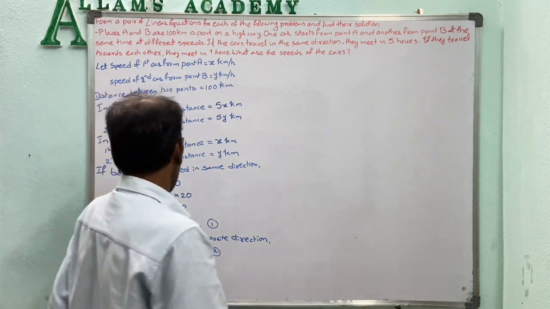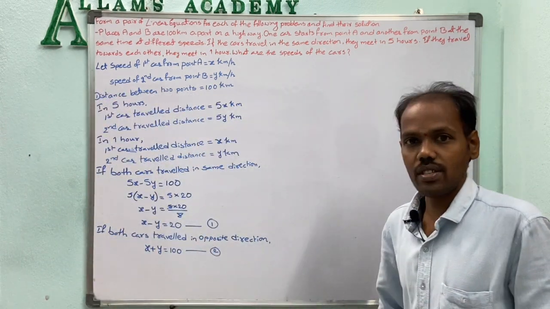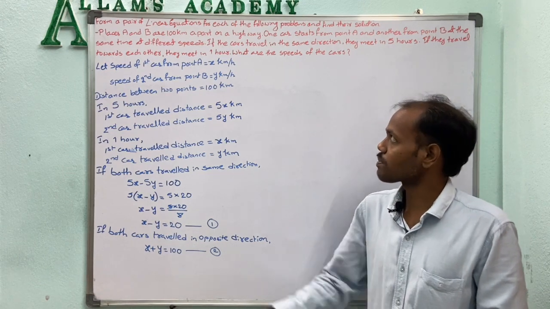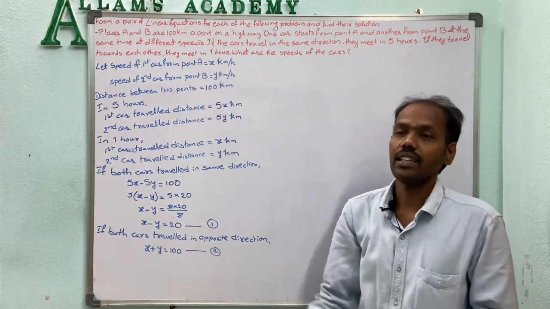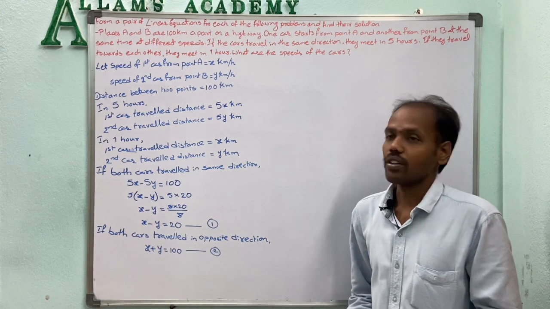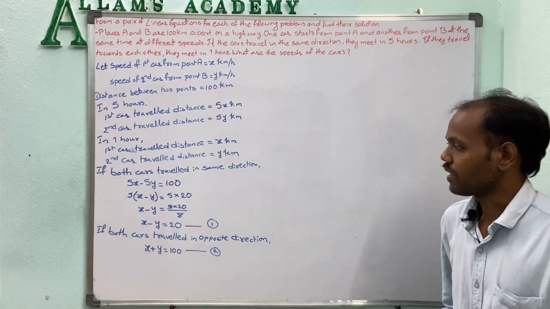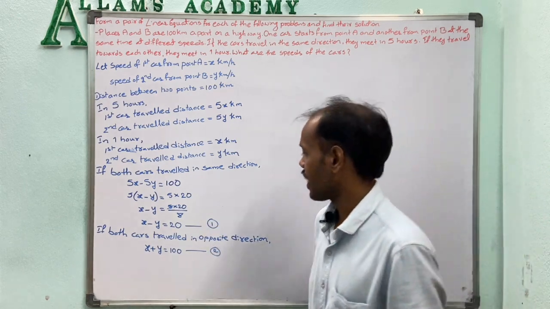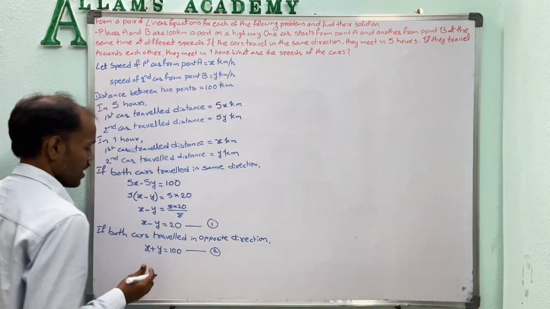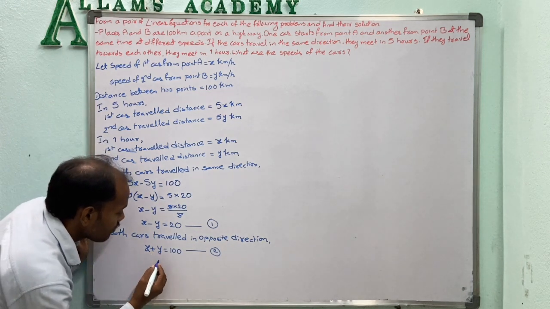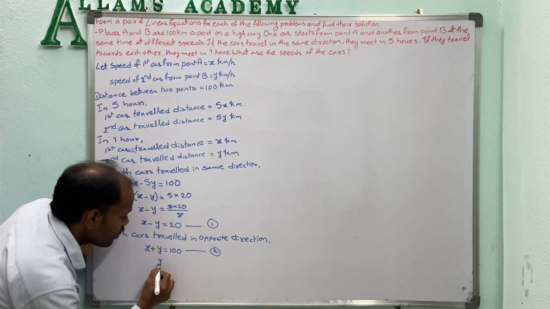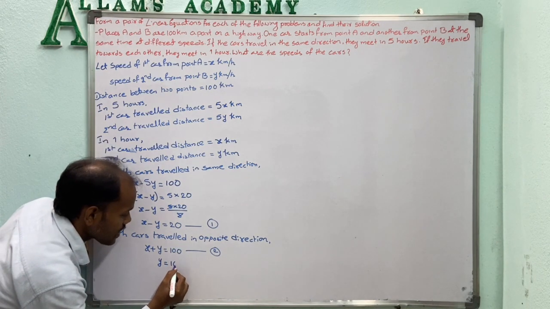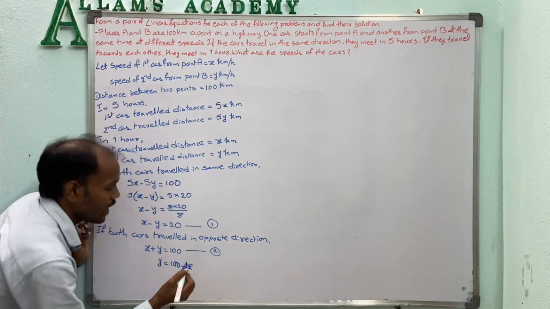Okay, now if we solve these two equations, we get x and y values, which are nothing but the speeds of car A and car B, at point A and at point B. Here, for solving, we take the second equation: we can write y equals 100 plus x transferred to this side, that is minus x, so 100 minus x.